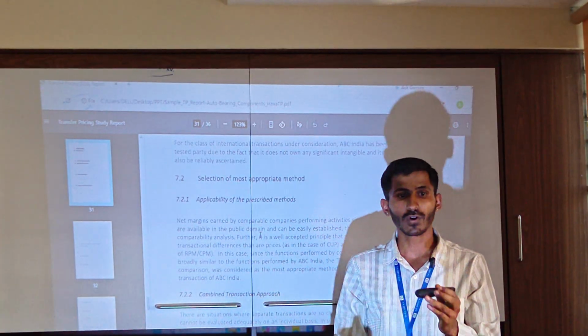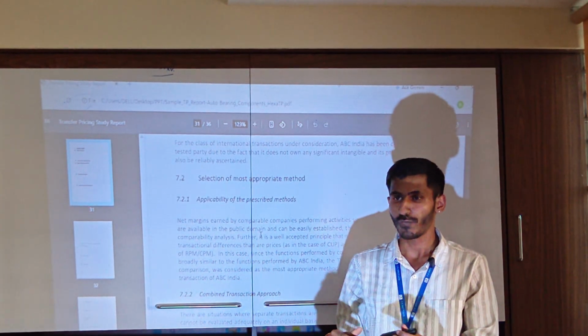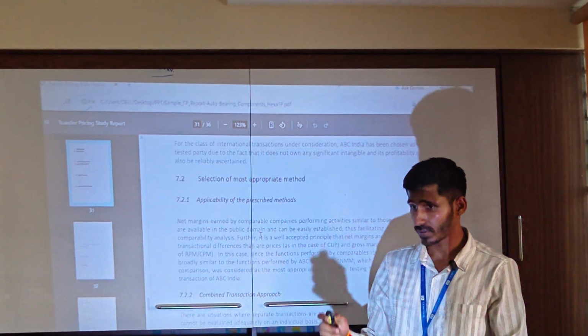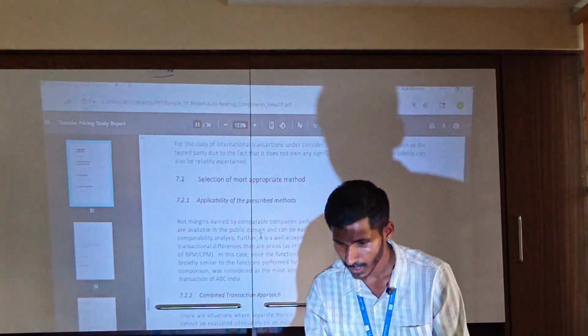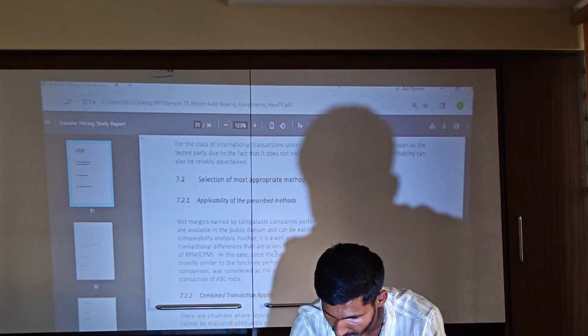Like why we cannot use the CUP method, why we cannot use the resale price method, why the profit split method is not applicable. So first we give the method and why it is not appropriate here. It is a well accepted principle that net margins are less affected by transaction differences